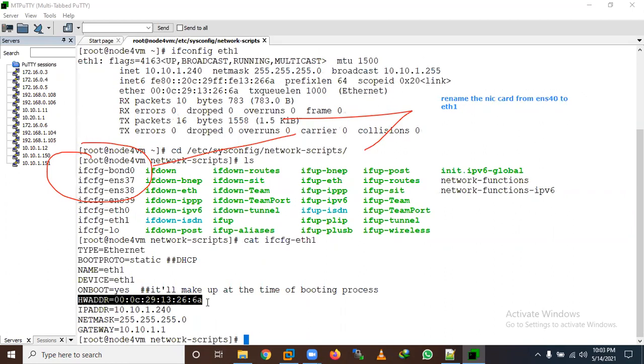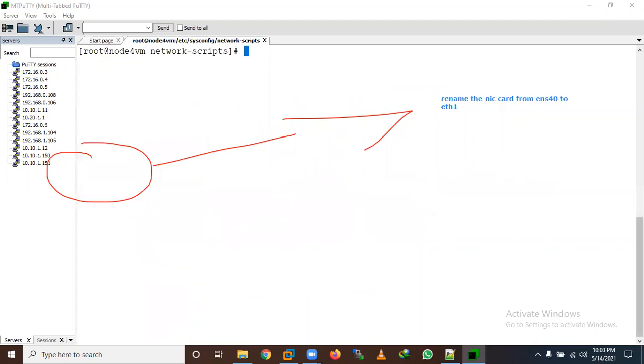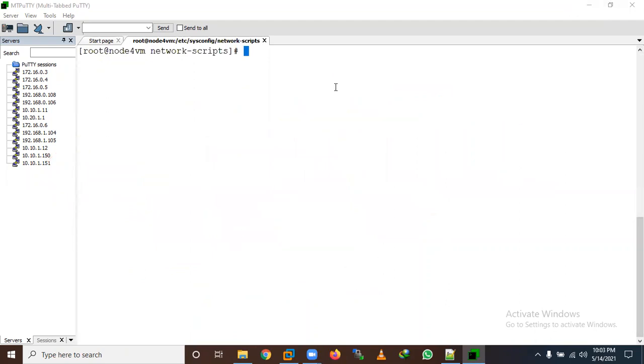In earlier versions, like 6 or something, you need to go to /etc/udev/rules.d, where you will find the file 70-persistent-net.rules, and we need to remove that file.